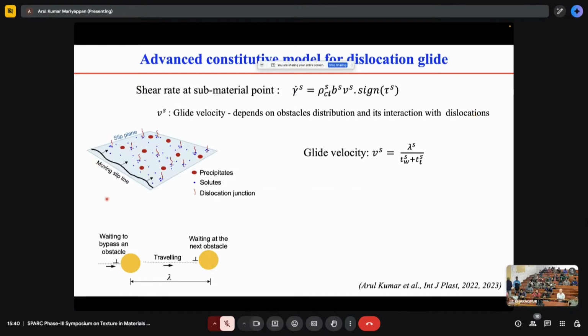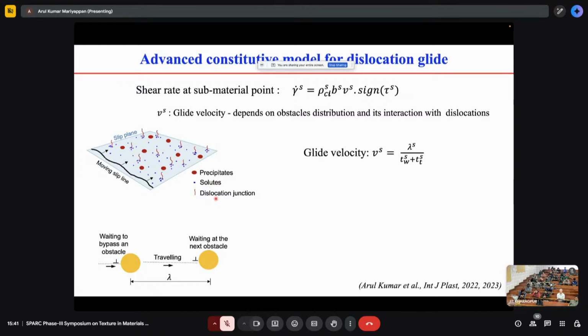Just imagine on the left image, we have a slip plane in which we have different types of obstacles. I may have a precipitate-type obstacle that is marked by the brown circles, and we may have different foreign atoms acting as a solute distribution, those are the blue ones, and we may have a dislocation junction also. All of these three can act as obstacles for a moving dislocation line that is shown here. If I apply a stress, the dislocation may move, and these obstacles are going to interact with this dislocation line, and the speed at which it can move depends on the type of obstacles and its